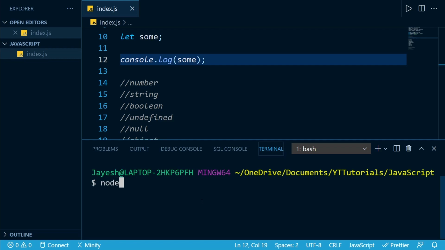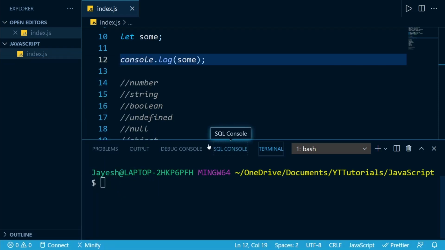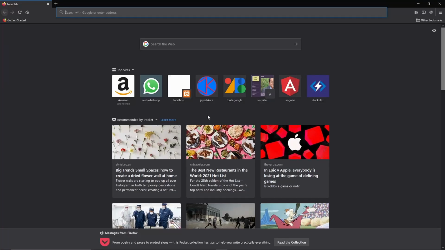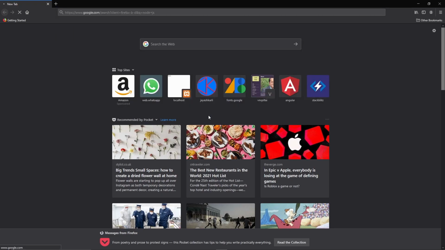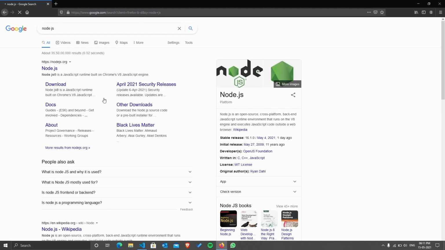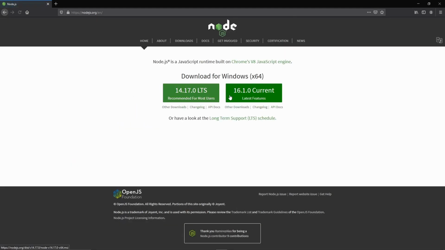So first of all, if you do not have Node installed, I would definitely recommend you to install Node, so that we can run JavaScript on our machine. Just search Node.js on Google, and you will get this first link, nodejs.org, and download this long-term support LTS 14.17.